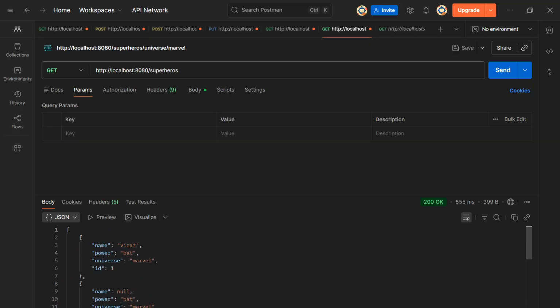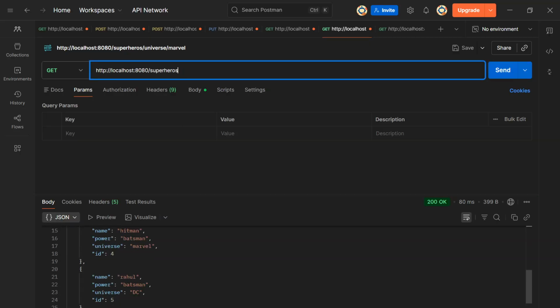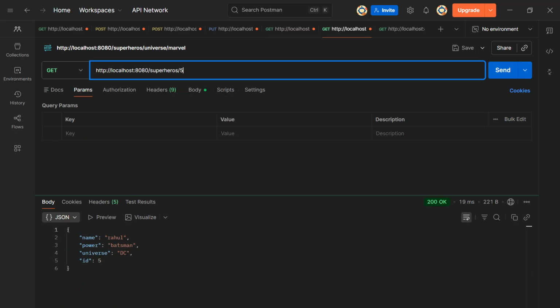Now I want to search the superhero based on the ID, which we have already written. For example, if I want to search the superhero based on the ID 1, I should get only Virat here, right? So that's what I'm getting. And similarly, if I want to get, let's say, Rahul, whose ID is 5, when I search for Rahul, I get Rahul, right? Similarly, maybe if I try to search for an ID 6,